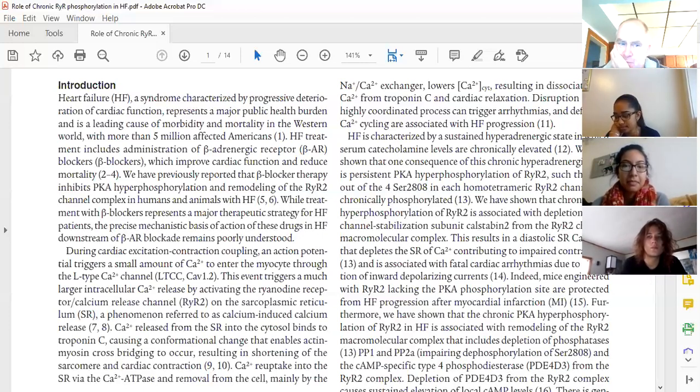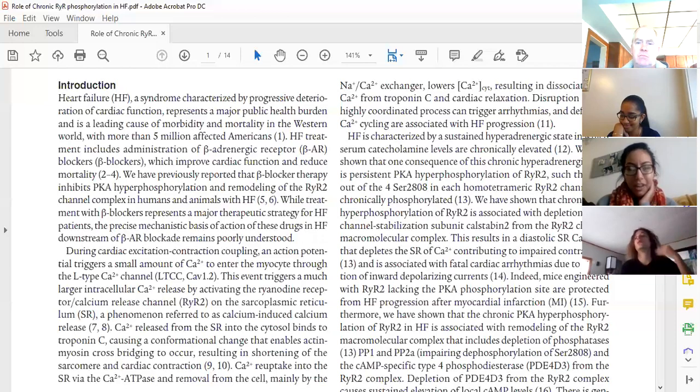Go ahead. State is persistent PKA hyperphosphorylation of ryanodine 2, such that 3 to 4 out of the 4 serine 2808 in each tetrameric ryanodine channel are chronically phosphorylated. We have shown that chronic PKA